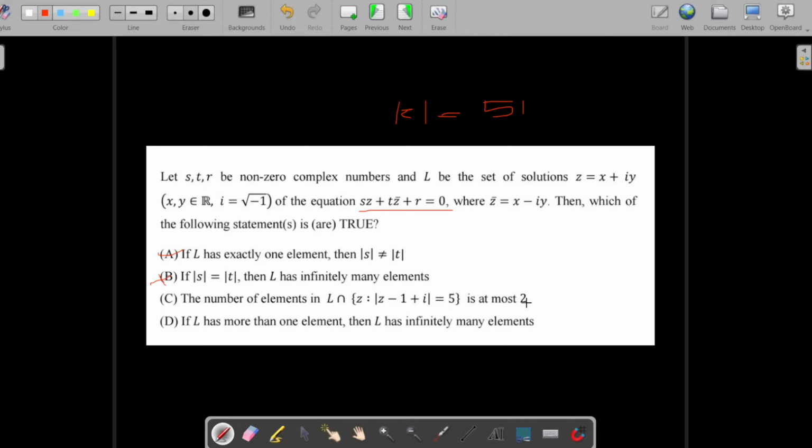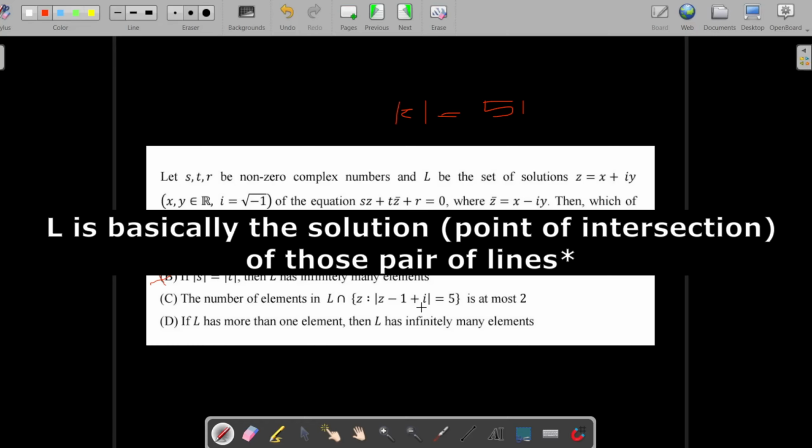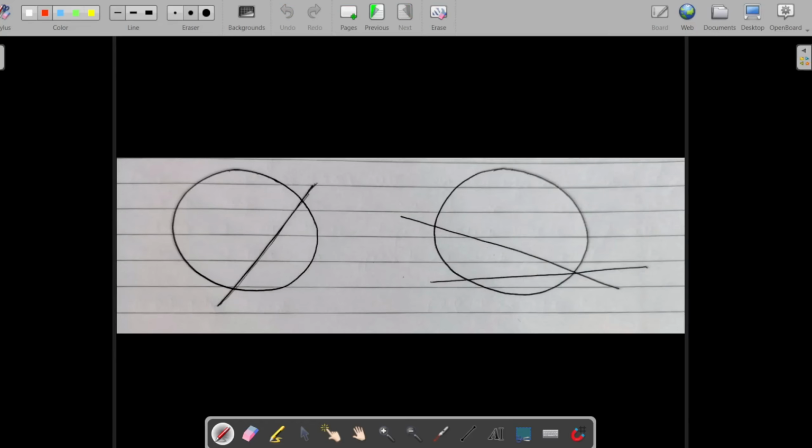What this requires is, first assume, draw a circle. Okay, so we have a circle. Then what is L intersection those circles? L is basically those pair of lines. So how can you draw them? There can be only two options here, because if you draw parallel lines, there is no intersection of L and this circle, right? Intersection means there should be common points. We are not talking about just two lines having different intersections. Then the at most intersection could have been four. But we are not talking about that. We are talking about the intersection of this pair of lines and the circle.